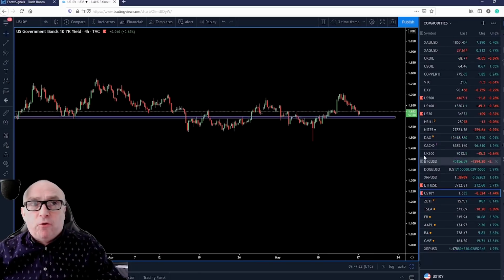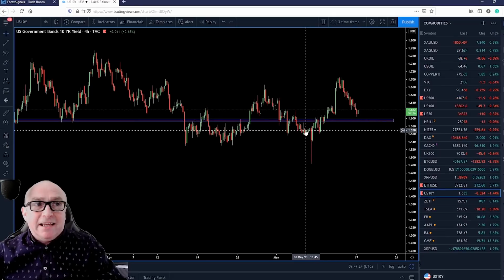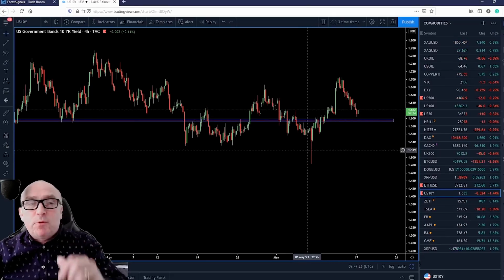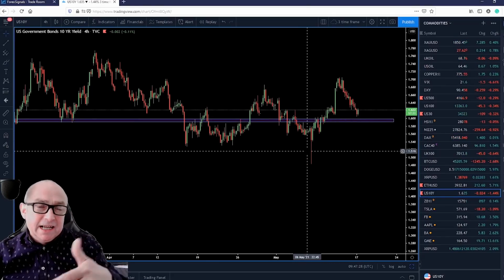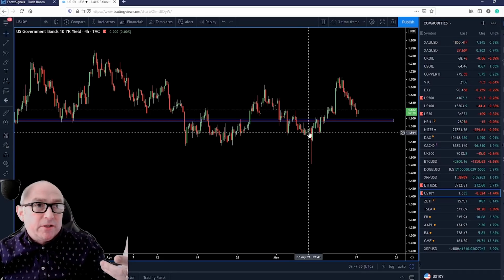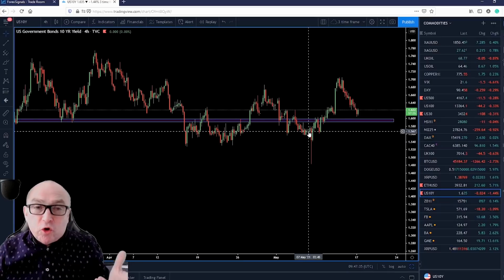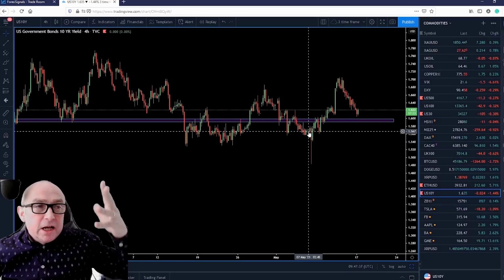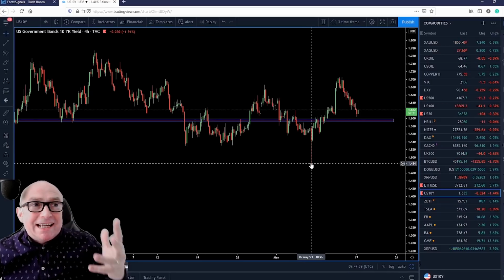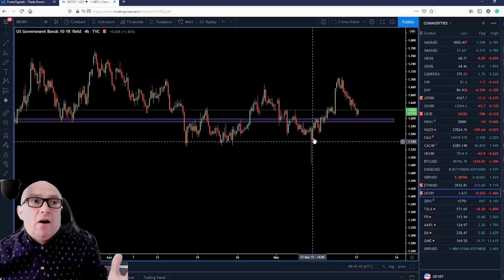Okay, so this is the 4-hour chart. You'll see back here, this where my crosshairs are. This here was when the non-farm payroll was released a week and a half ago now. So remember, the non-farm payroll showed a bit of a drop in terms of the new jobs created, and the yields moved significantly lower. Since then, the market has been pushing higher.